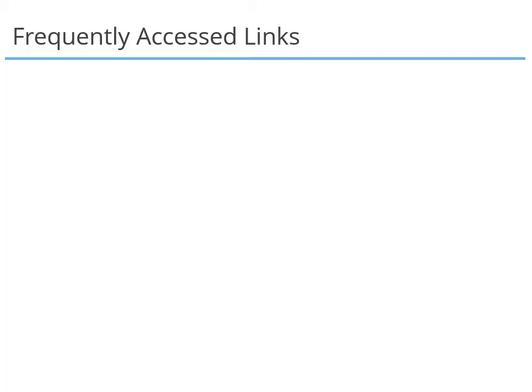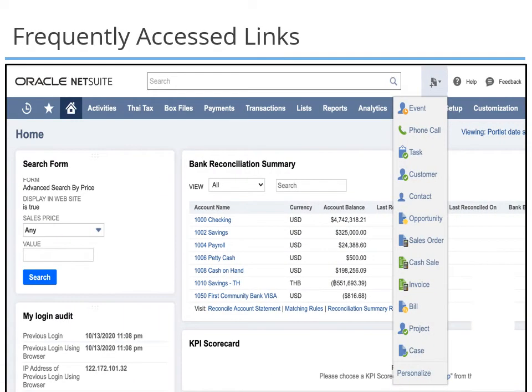The Create New menu icon appears in the header when you log into NetSuite. As a NetSuite user, if you regularly access the master or transaction forms, reports or saved searches, you can create the hyperlink of that page under this option directly. Instead of navigating through multiple menu paths, you can click on Create Menu icon in the header.